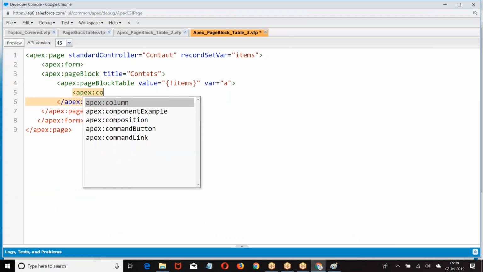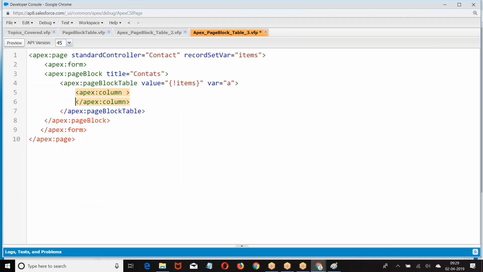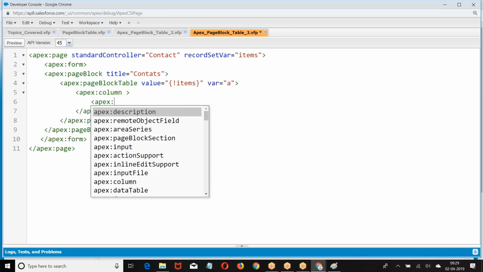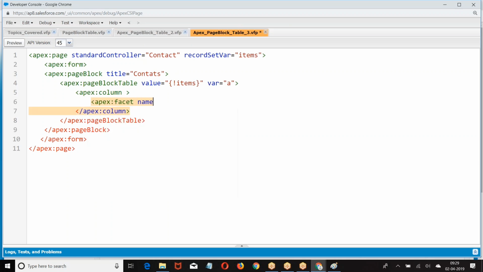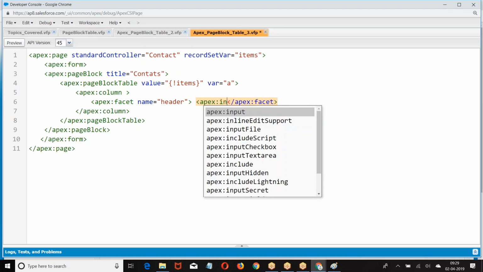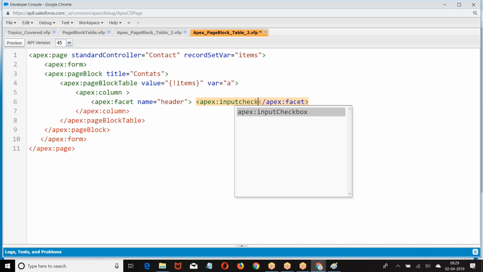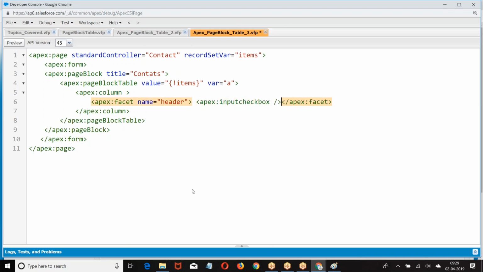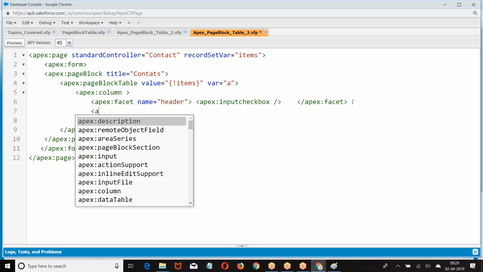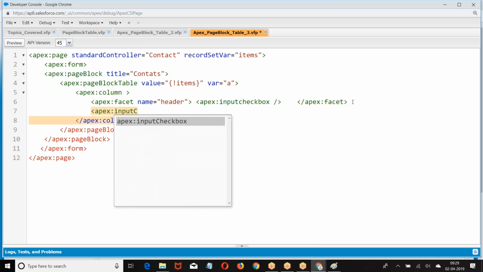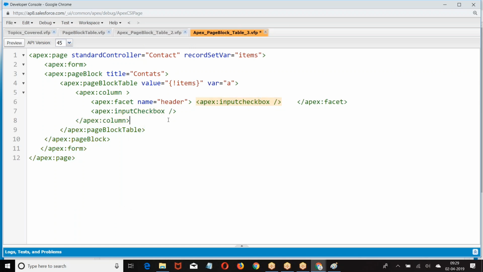Apex column. In the column I am giving apex facet, name equal to header. In between the facet I am writing input. Whatever I write in between the facet is printed in the header. Outside the facet, whatever I write goes in the body part. This input checkbox is for the header. This input checkbox is for